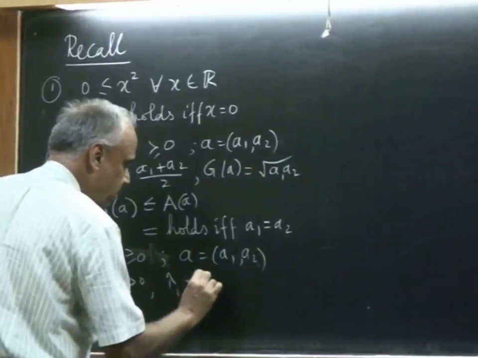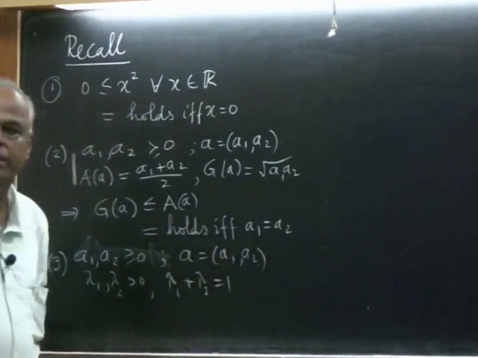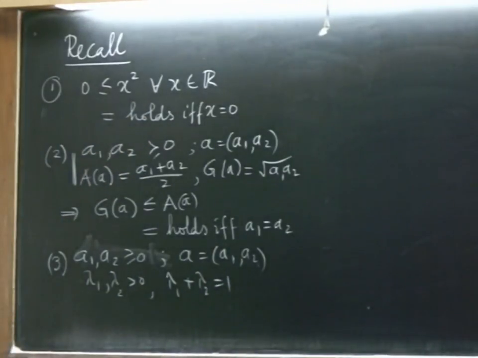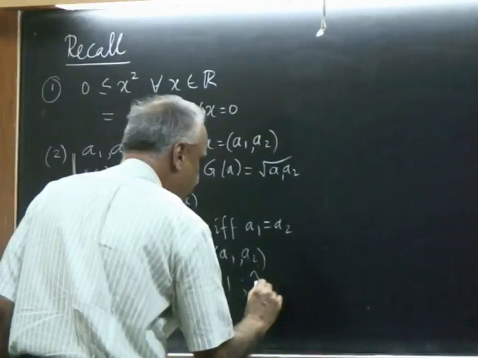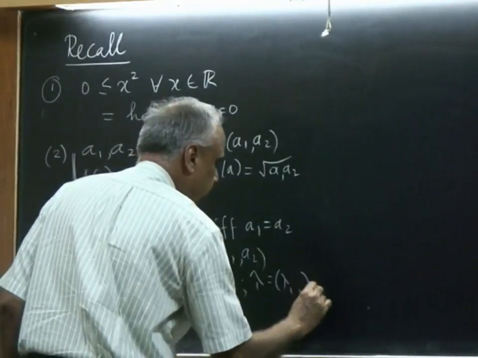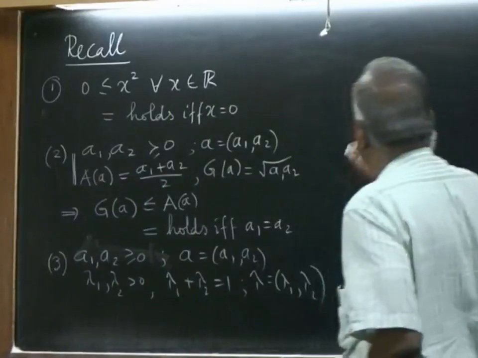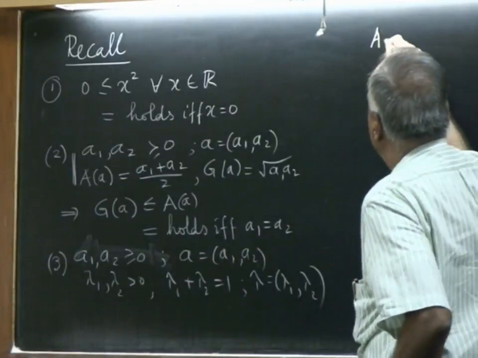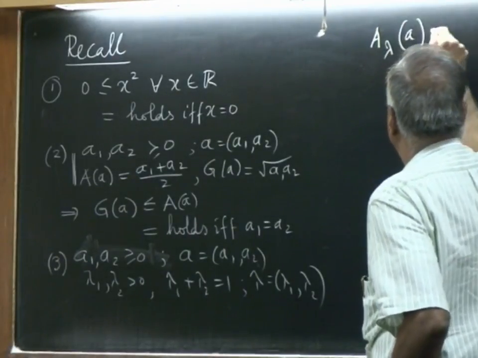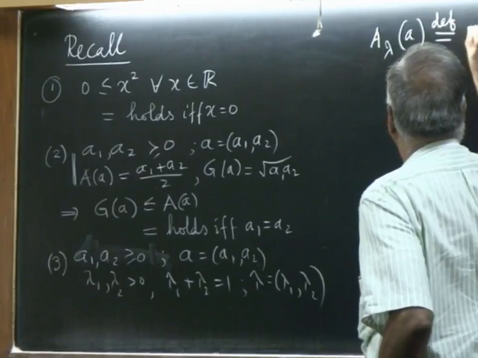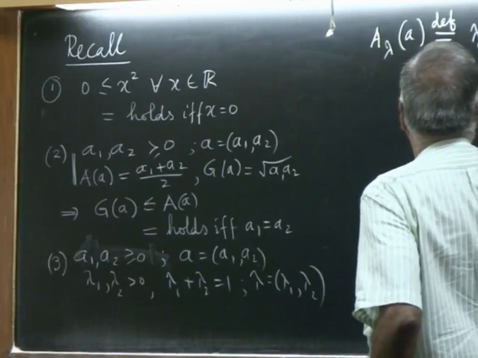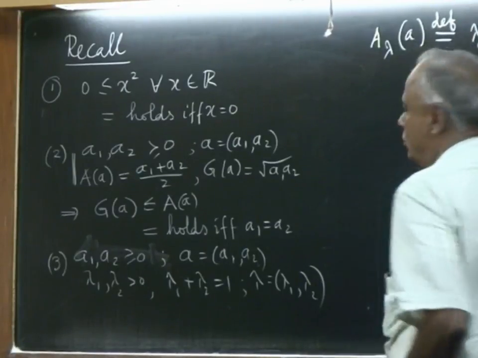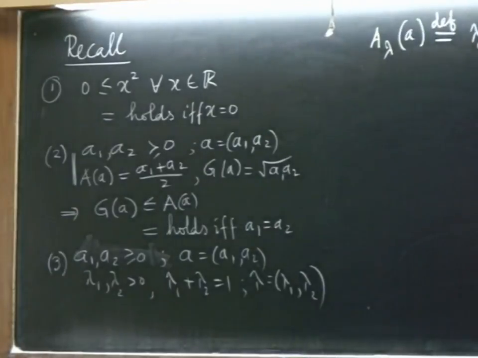Such that their sum is 1, total weight is 1. We take these as lambda. So, I will call lambdas this pair. Then we define the weighted arithmetic mean, this is the definition, to be lambda 1 A1 plus lambda 2 A2. When we had equal weights, lambda 1 is half, lambda 2 is half, that was the classical arithmetic mean,